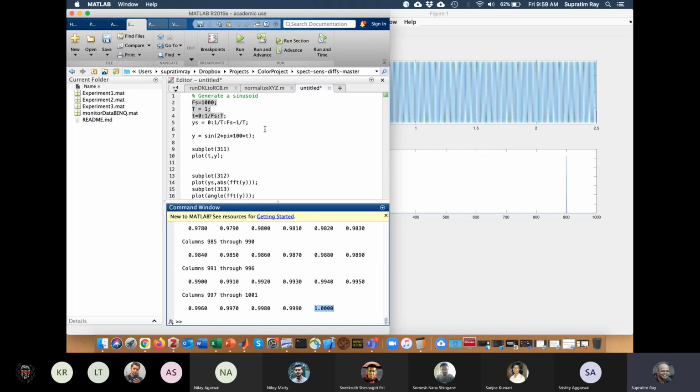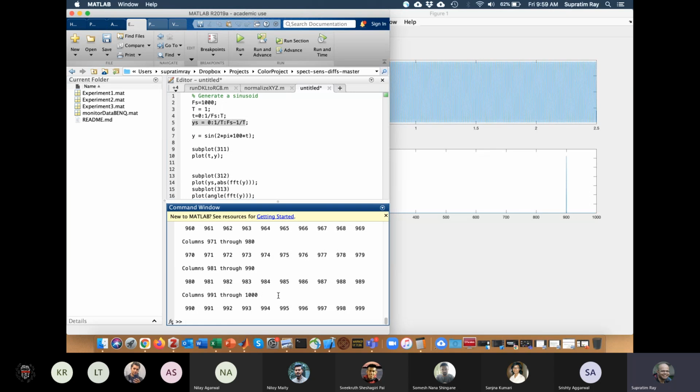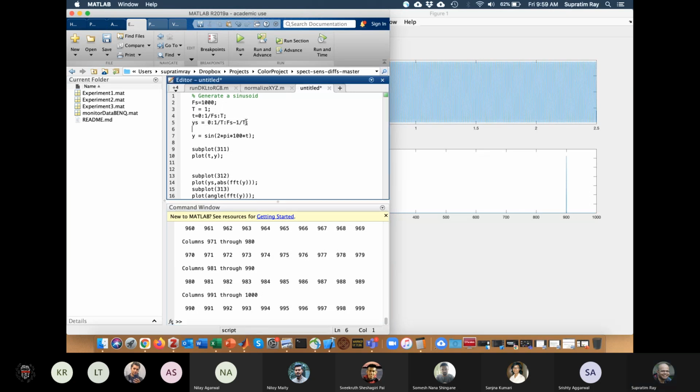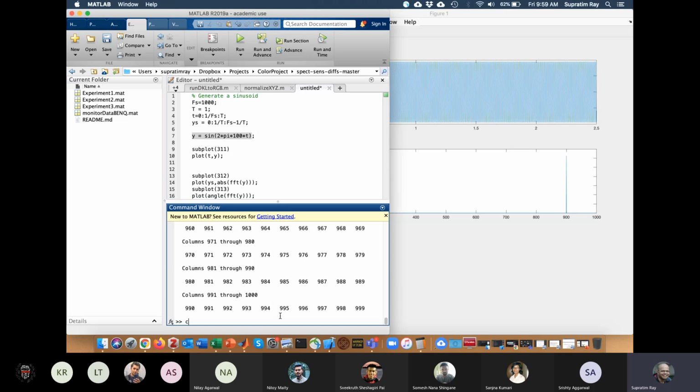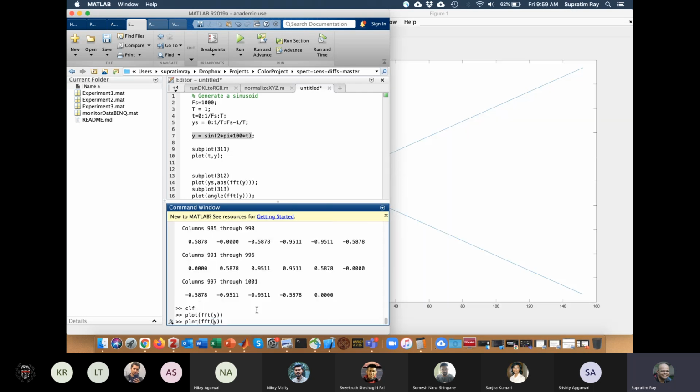What do you think will happen if I do this? I'm just looking at a slightly longer sinusoid. So the sinusoid doesn't have an even number of cycles. So it's got 1001 points. So the 0th point and the 1001 point are both 0 here. Now when I plot the FFT of y, I'm sorry, the absolute value of the FFT,